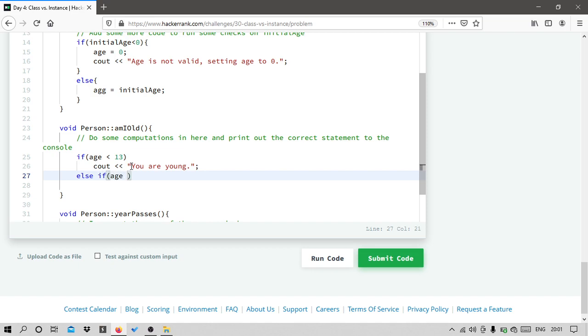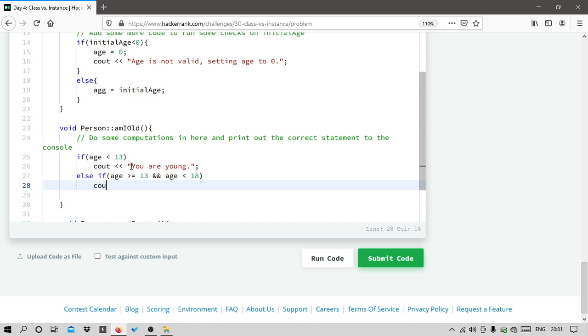Else if age is greater than or equal to 13 and age is less than 18, we have to print that you are a teenager. Else we have to print that you are old.